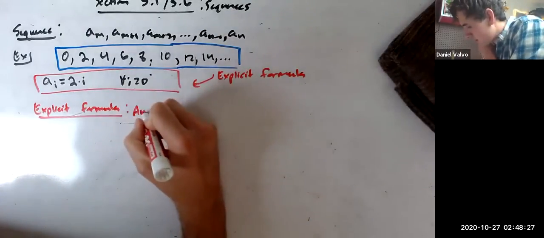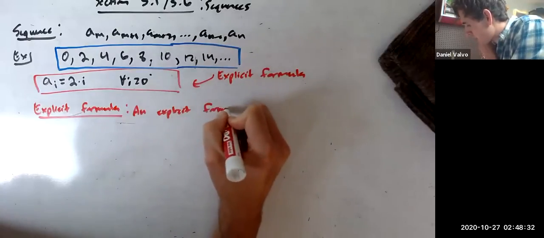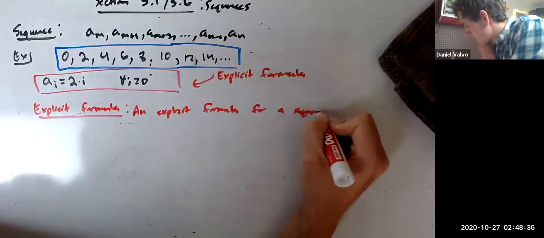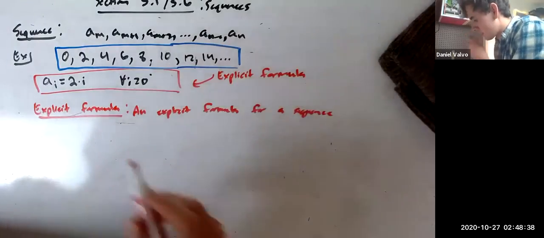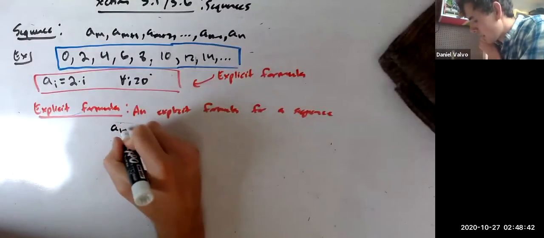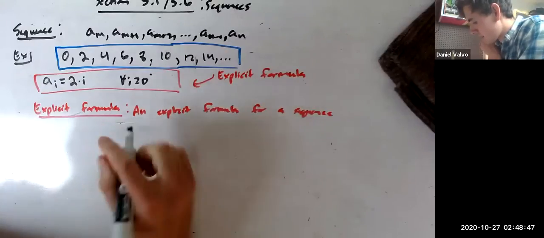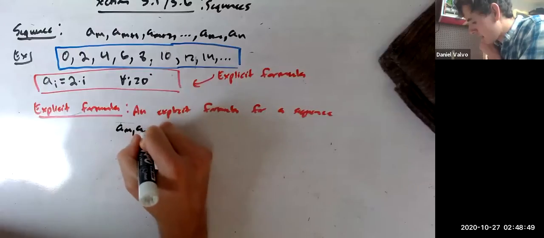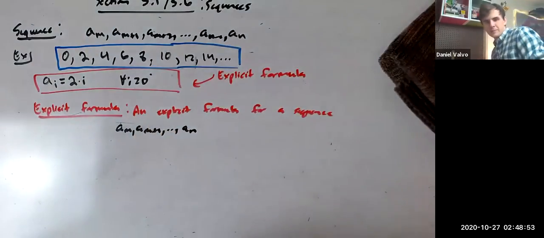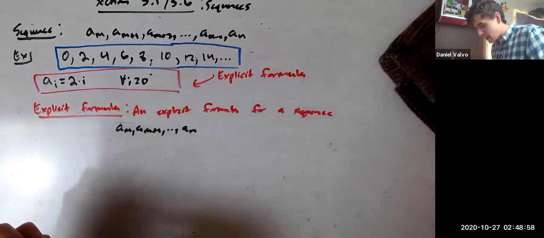So an explicit formula for a sequence A1, A2, or I'll start at M, AM plus 1, out to AN. An explicit form for a sequence like this is just